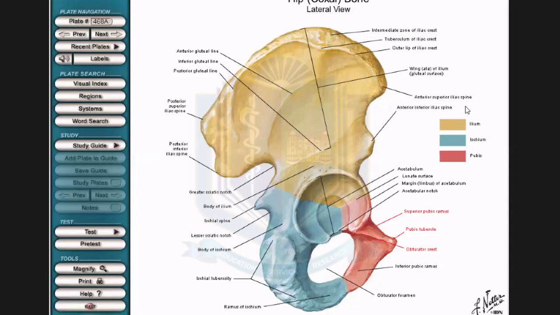It's an innominate bone और 3 बोन से मिलकर बनती है, इलियम, इस्कियम, प्यूबिस। रेगुलर बोन है, इरेगुलर बोन है, किस तरह की बोन है? इरेगुलर।